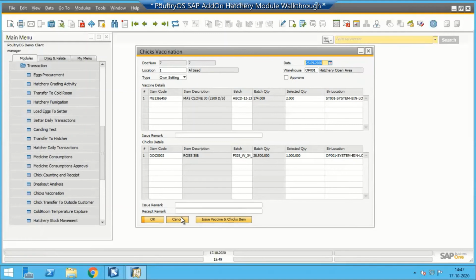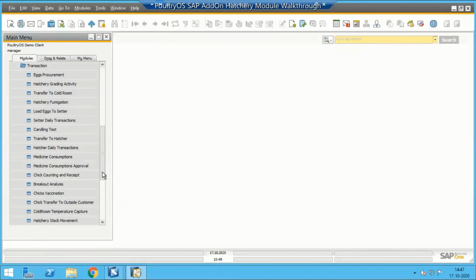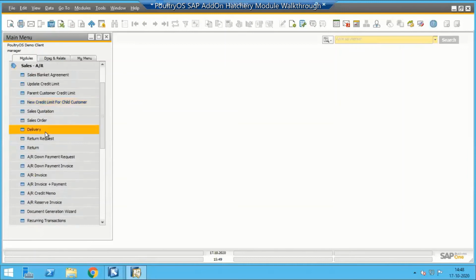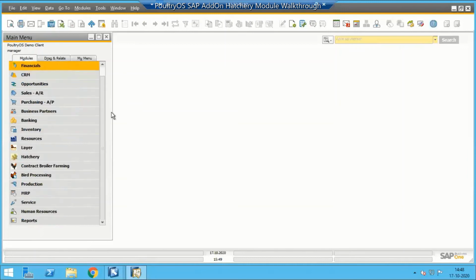Then let's say if you want to sell the chicks to a customer, you can use the sales screen, directly jump into the sale and delivery. Or if you want to transfer those chicks to the broiler, you can do that also, but at that time you need a schedule from the broiler, so that schedule is here.